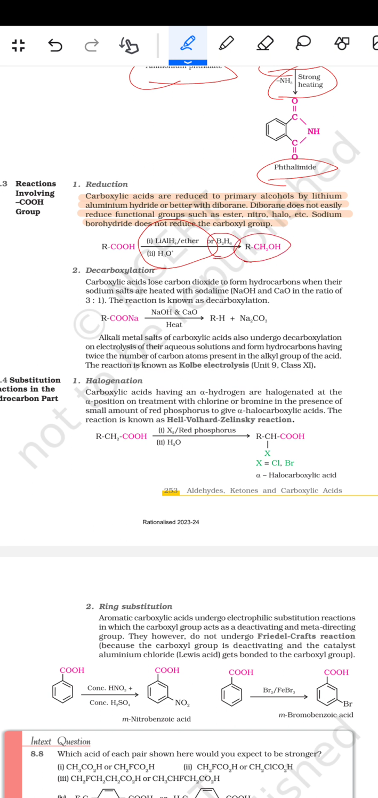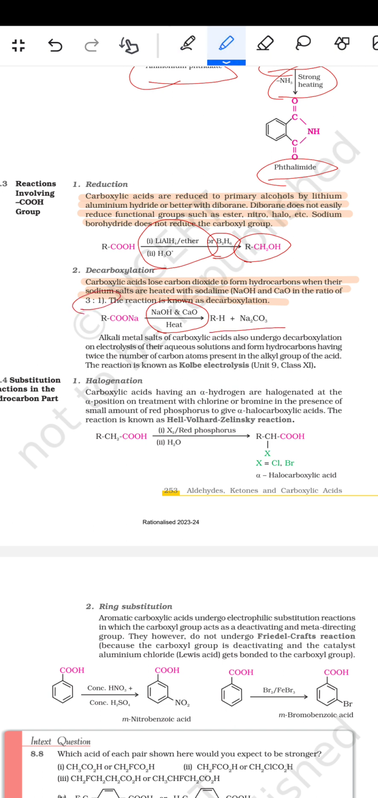फिर डीकार्बोक्सिलेशन, carboxylic acids lose carbon dioxide to form hydrocarbons when their sodium salts are heated with soda lime, NaOH and CaO in the ratio of 3:1. This reaction is known as decarboxylation. जैसे NaOH एंड CaO और हीट किए तो RH और Na2CO3 आएगा, ये रेशियो 3:1 का रेशियो रहता है।